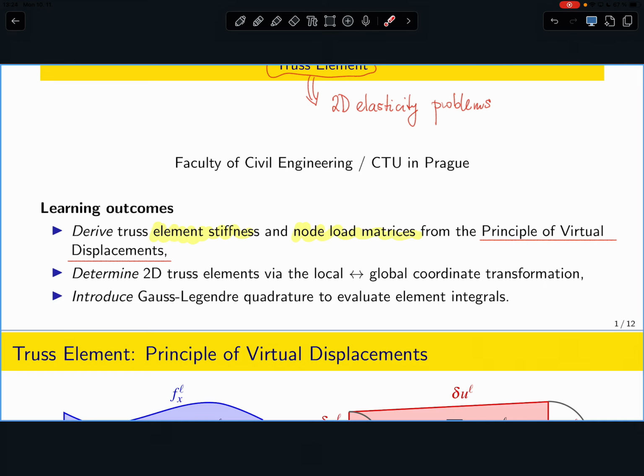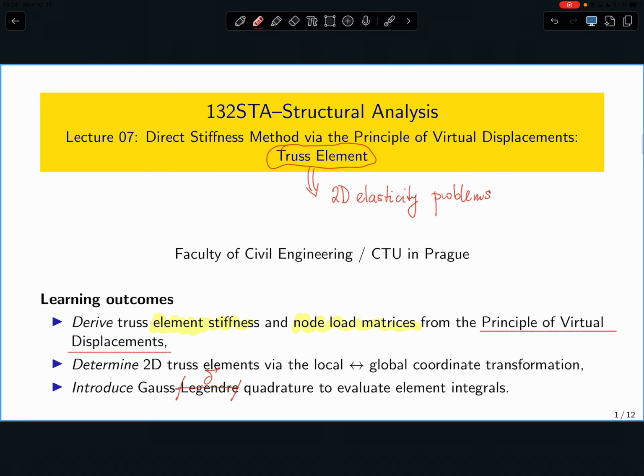And finally, and sorry, I was oscillating a bit how to call this exactly. At the end of the lecture, I will show you that actually what some people really do not like about this kind of method is that you are required to evaluate a lot of definite integrals, but if the formulas or stuff you are integrating are polynomials, actually